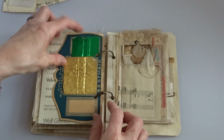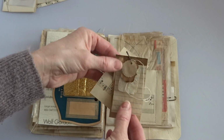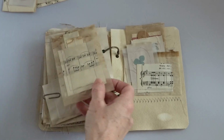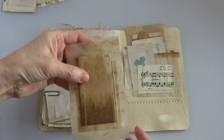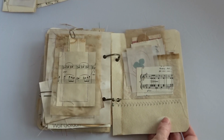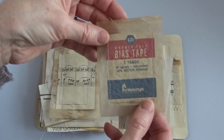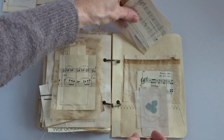And more needle, vintage needle. More tags, papers. And tuck spots. More hibiscus from the garden. And that's a bias tape vintage. I like sewing sometimes things inside other things because it's like you want to touch them, but then you can't. And I think that's